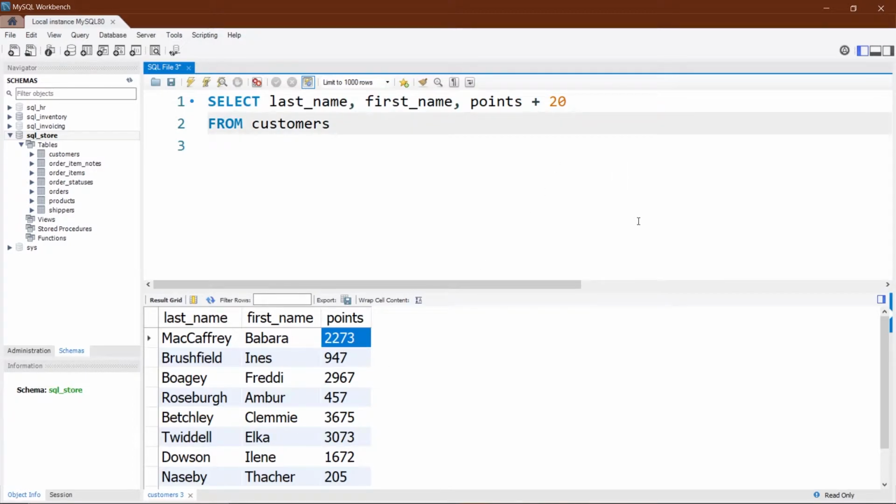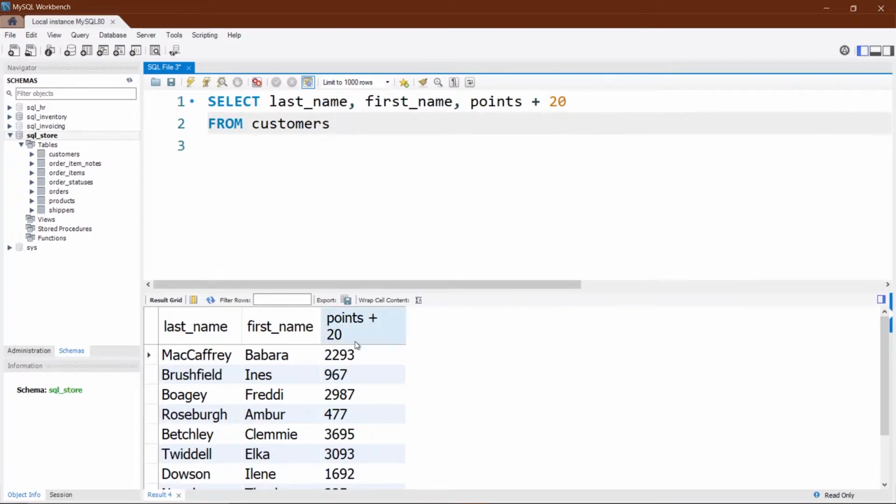If I execute this, you will see 2293, and you can see our column name is also changed. First last name, then first name, and then on third we have points plus 20. This is what we call the arithmetic formula, or you can say the arithmetic expression.